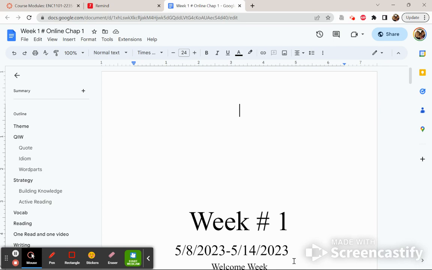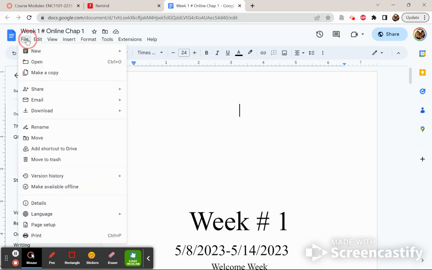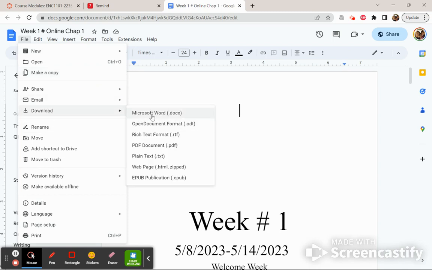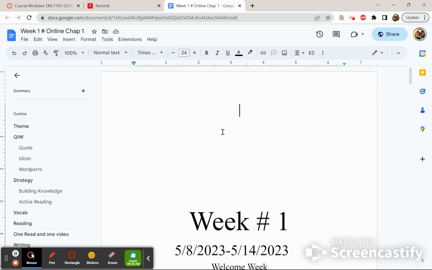Pretty much all the chapters look the same. The first thing you're going to want to do is start by either making a copy of this, and it'll open up as a Google Doc, and then you will be able to edit, or you can download this file onto a Word document, and then you can edit it. I personally love Google Docs because that way I have access to my work at all times.